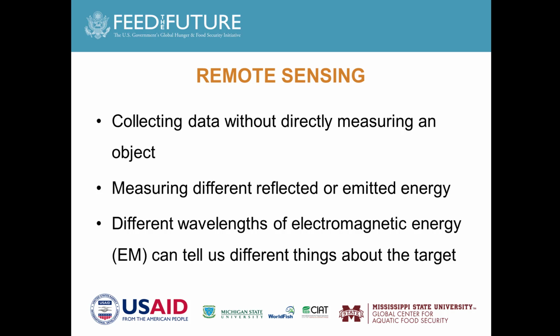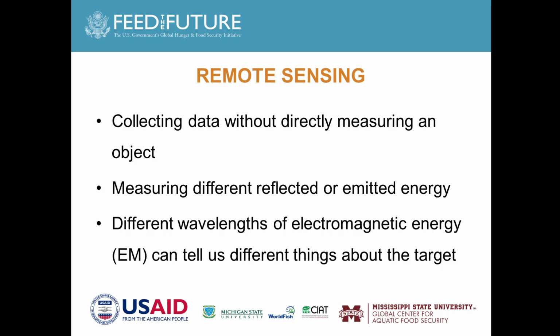So to start, what is remote sensing? Remote sensing is the process of collecting data without directly measuring an object. So we're not holding a ruler to it. We're not seeing necessarily what physical characteristics it has. What we're doing instead is measuring different reflected or emitted energy from that